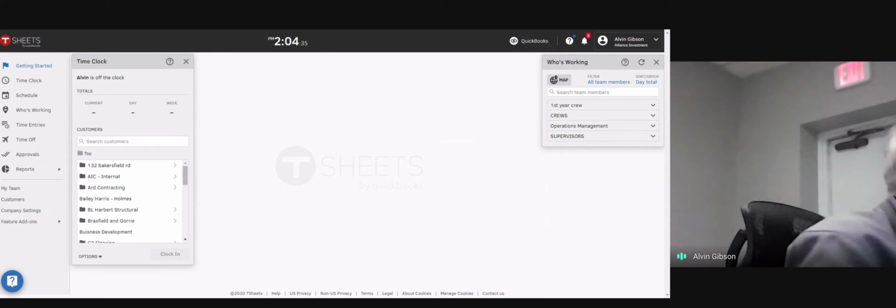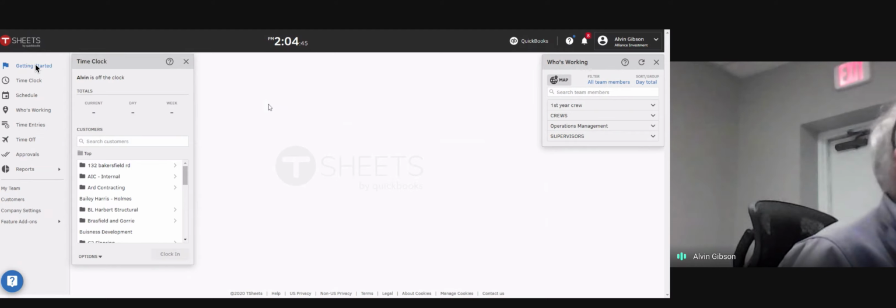This illustration is just to show you guys how to enter your time on a daily basis or a weekly basis. We'll start first of all at a dashboard where you open Tsheets up and you are at this location. We're going to go to time entries, which is found on the left-hand side, midway down the getting started area. So you want to click on time entries,